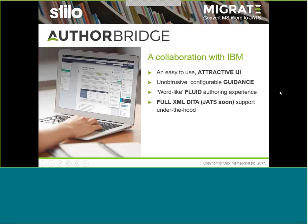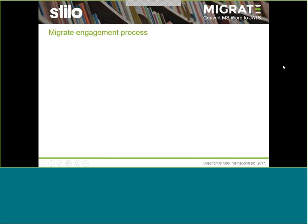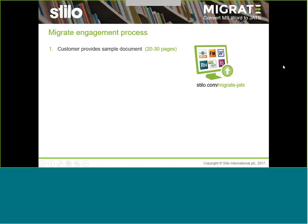So very soon we'll have a full JATS implementation under the hood of this. We're doing it for the DITA world at the moment. And we'll have a JATS version available soon. So if you'd like to talk to us about that, just let us know. It's a very low-cost editor, and you can see more information at stilo.com. Author Bridge. But just to get back to Migrate and the engagement process,